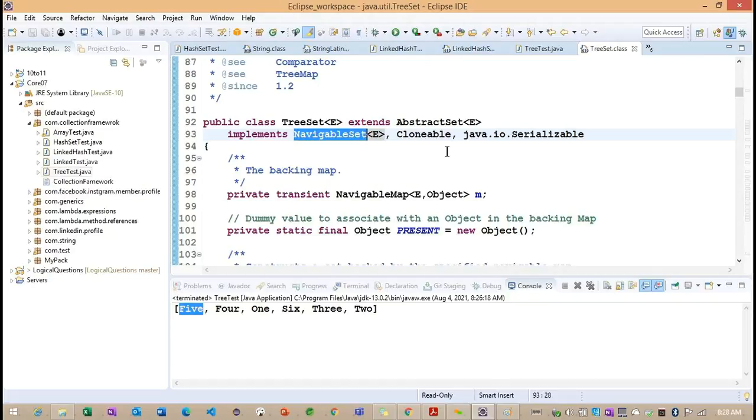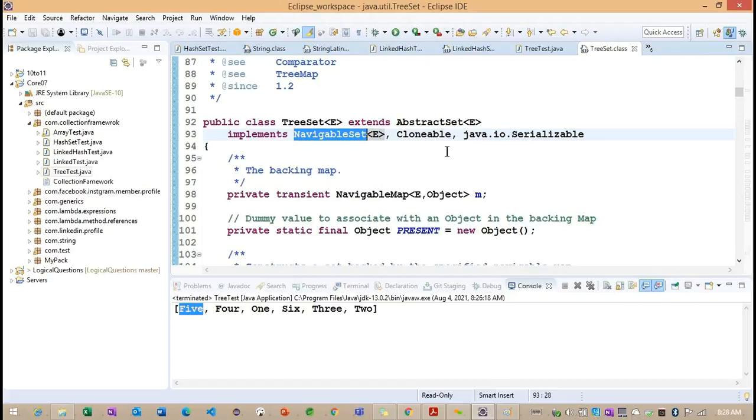Once these two interfaces' methods are completed, we'll go for the Q and DQ, because most of the DQ methods we already identified. We'll go for the Q interface implementation classes, and one time for the DQ related implementation classes.